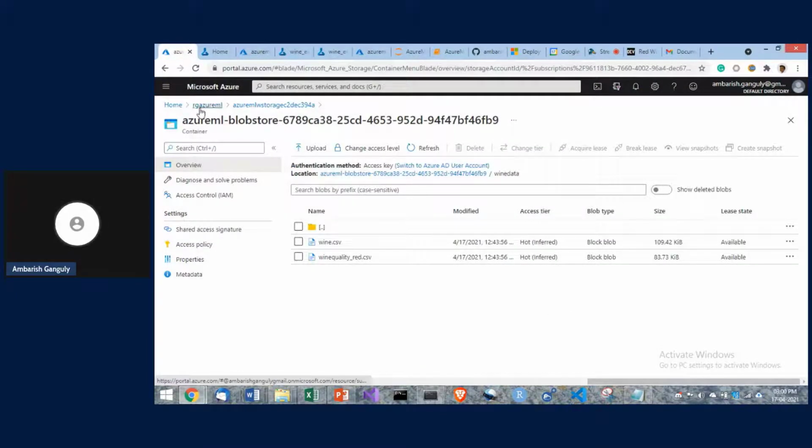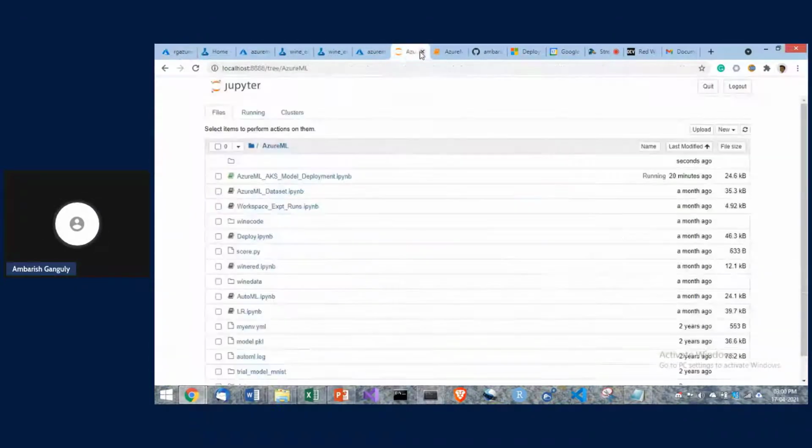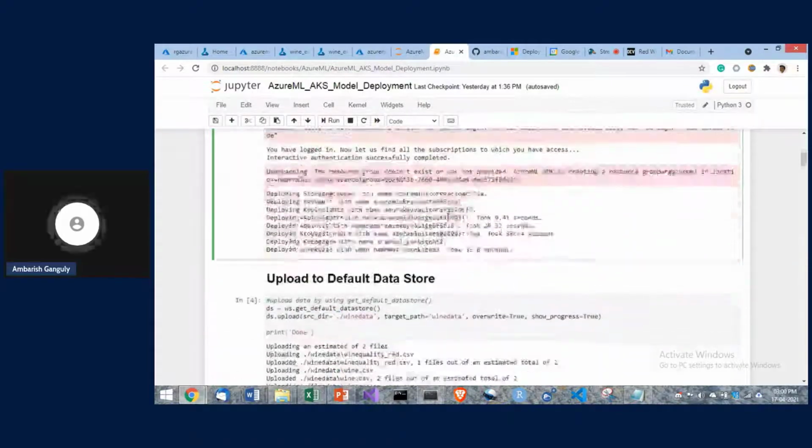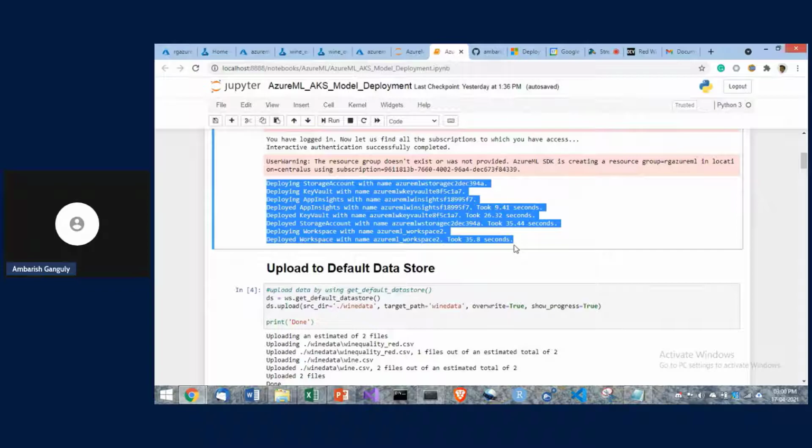So this is my Azure ML, and once I create the workspace, what happens? Don't look at the Kubernetes cluster. A workspace is created, Application Insights is created, a Key Vault is created, and a storage account is created. Once I create the workspace, Azure creates all these things for me. You can see that once you execute the code, all these things are being created.